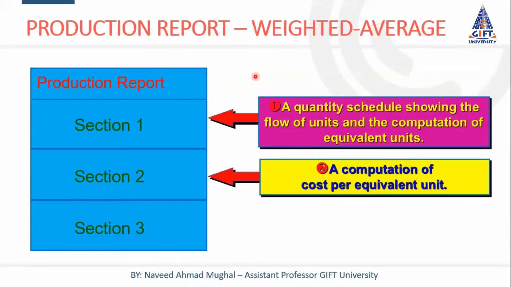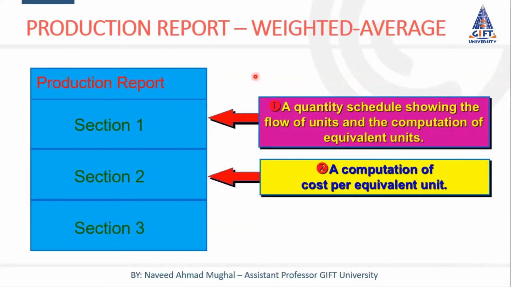And all that information which we show in our work in process account is shown in cost of production report. We will have a detailed discussion on this, and I will show you what information is reported on cost of production report, and that same information is reported on our work in process account. Work in process account is basically an account format which can be shown in a T format, but cost of production report is a statement format.